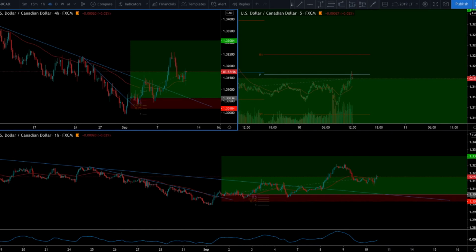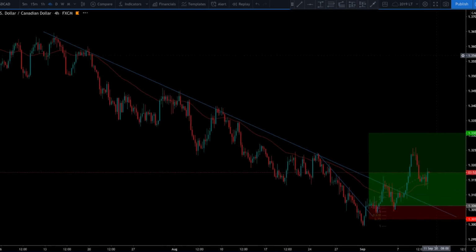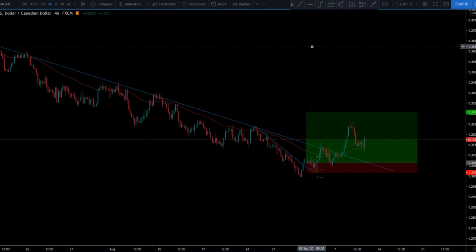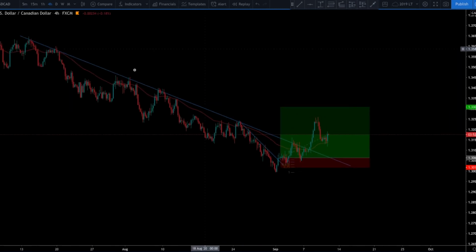I'm just trying to enlarge the 4 hour, and I clicked the wrong button. But as you can see, this 4 hour is very clean. It really was respecting this trend line really well, but after it formed this higher low right here, and then not a higher high yet, but another higher low,